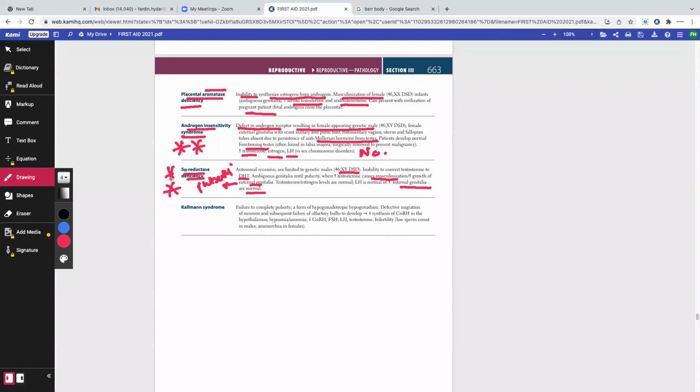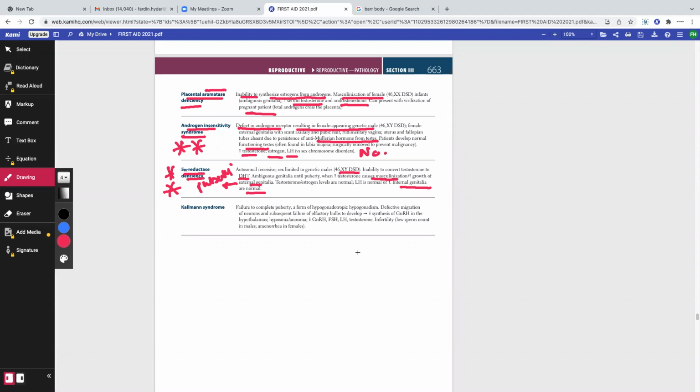Okay. Let me explain. If a patient comes to your clinic with female external genitalia, primary amenorrhea, and abdominal masses, and you see that the uterus is absent, the ovaries are absent, and the proximal vagina is absent, what is your diagnosis? Fast answers, please. Androgen insensitivity syndrome. Very good. Now, the difference between Mullerian agenesis and androgen insensitivity syndrome is, in Mullerian agenesis, will there be presence of ovaries? Yes or no? The answer is yes. In androgen insensitivity syndrome, will there be presence of ovaries? Yes or no? The answer is no.